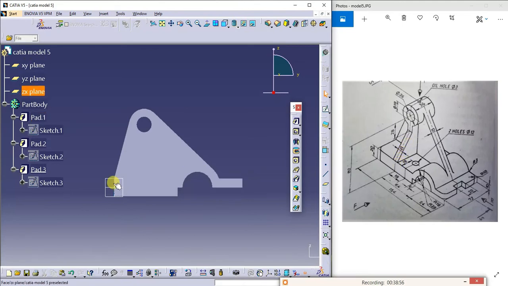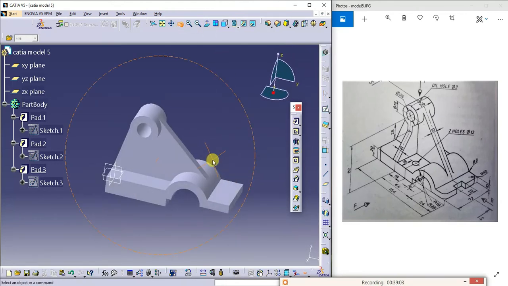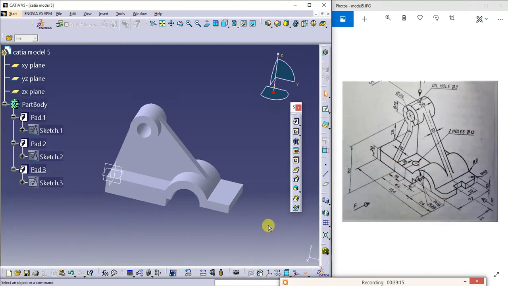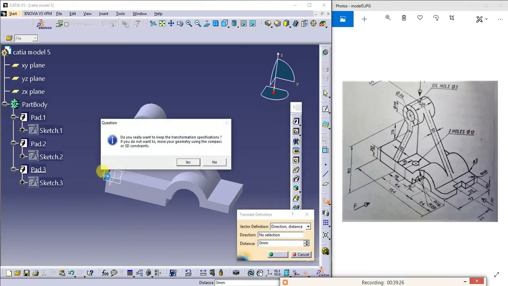Okay, I'll try to translate that one. I'll go for plane command. Otherwise, you go for translation, that is also better option. I'll go for translation.